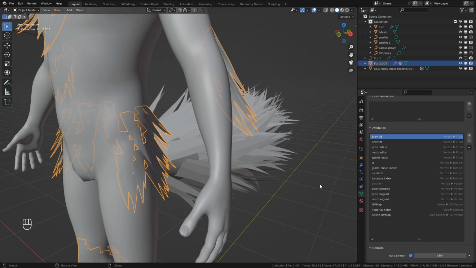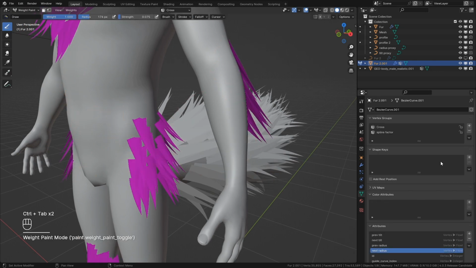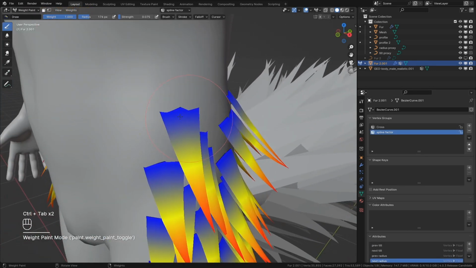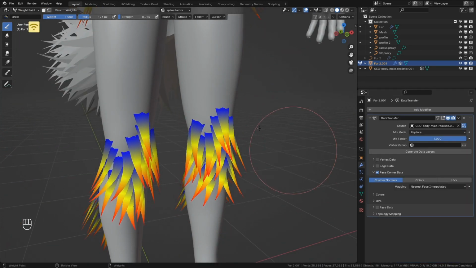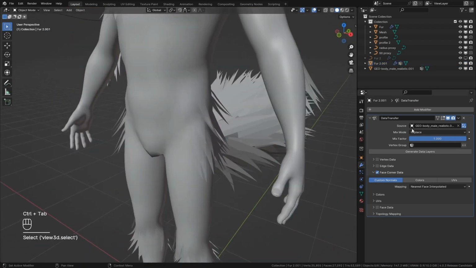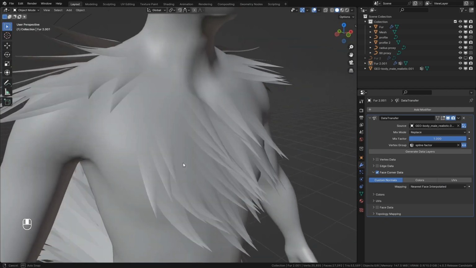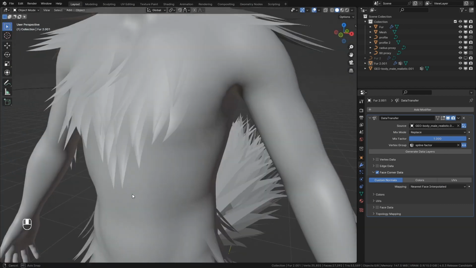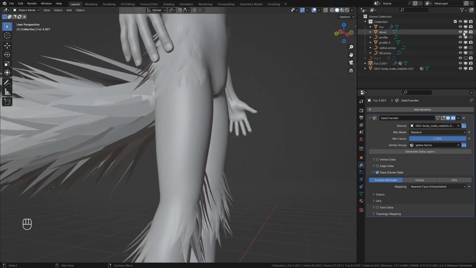If you are familiar with geometry nodes or with how the technical side of Blender works, you may still find a use for them. But in particular, the spline factor group. If we convert it to a vertex group and go to weight paint mode on it, it just blends from 0 to 1 across a curve generated mesh's length. So we can use this as the vertex group input of our data transfer so that the normals are only blended at the root, but the tips themselves retain their own normals. So they still blend in with the base mesh